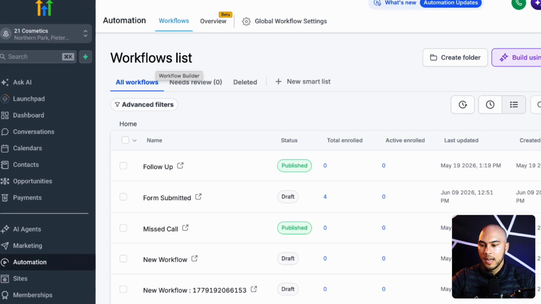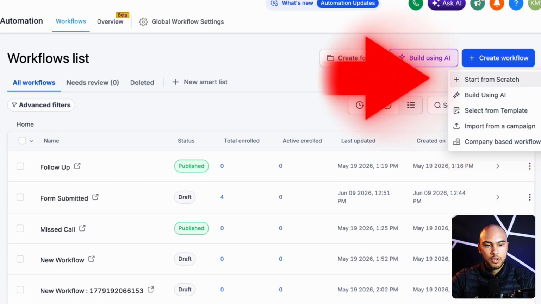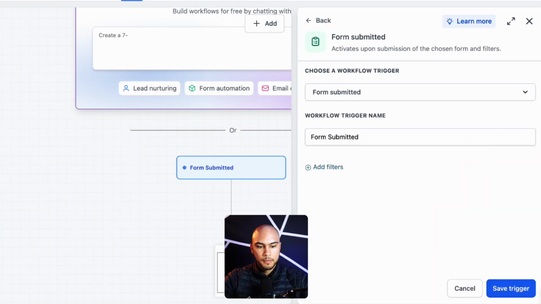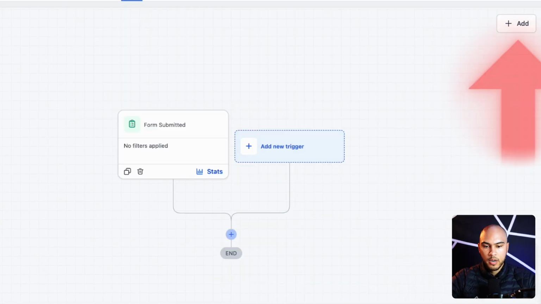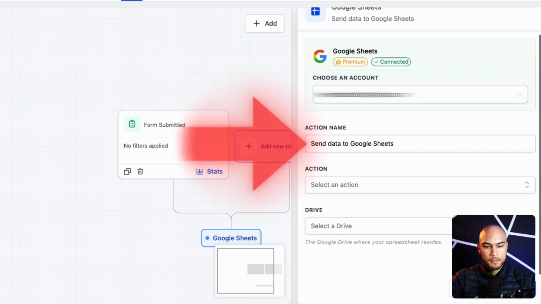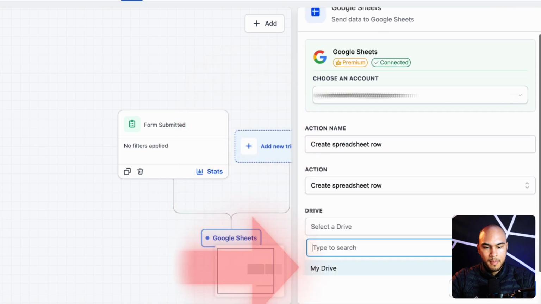Now go into GoHighLevel and select Automation and then create workflow. Start from scratch. We are going to add a new trigger, form submitted, save trigger, and now we add our action. Type in Google Sheets, choose an account, action name, and then action, create spreadsheet row, drive, my drive, and